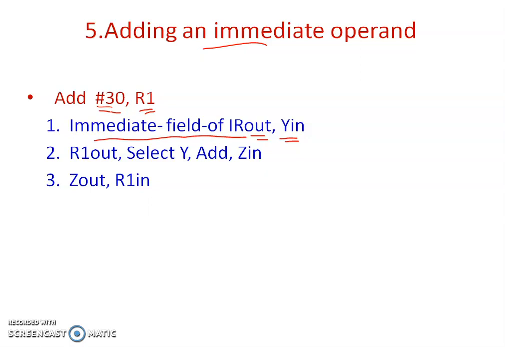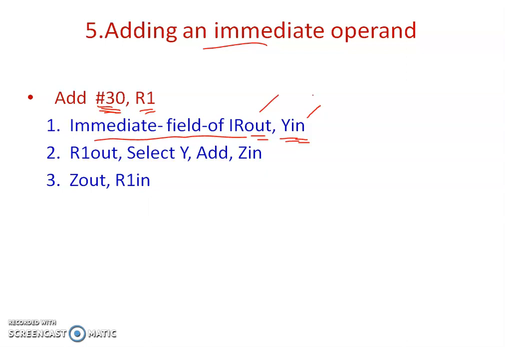And during that decoding operation, if an immediate value is found in that instruction, what does it do? It places that immediate value onto the bus, from which the Y register will load that value. In order to perform that operation, IR out as well as immediate field of IR out come as a single thing. The immediate field of IR out will be enabled. Then the Y in signal also gets enabled so that data found in the bus can be placed in the Y register.